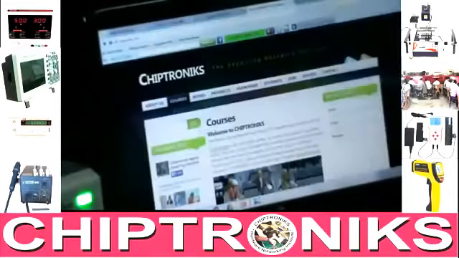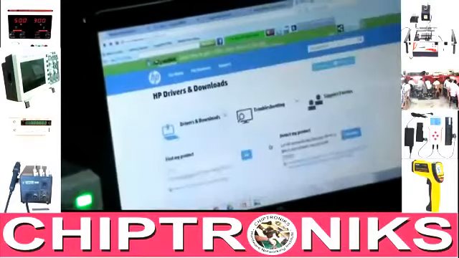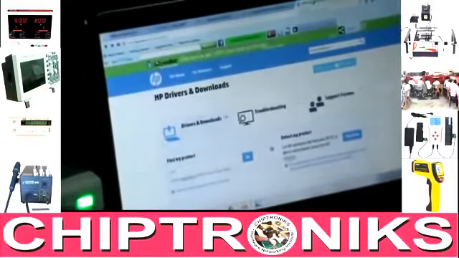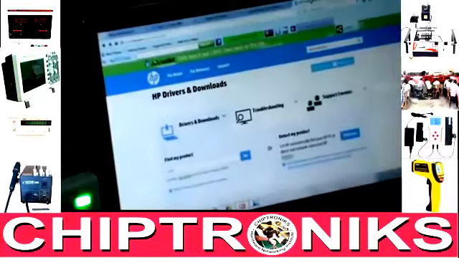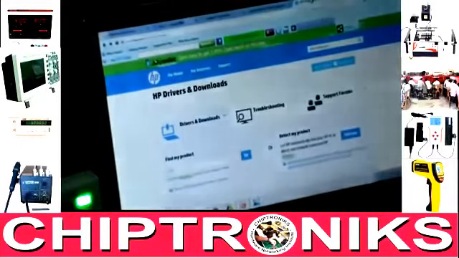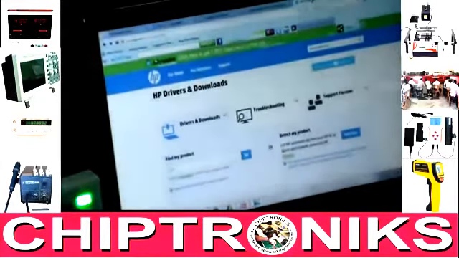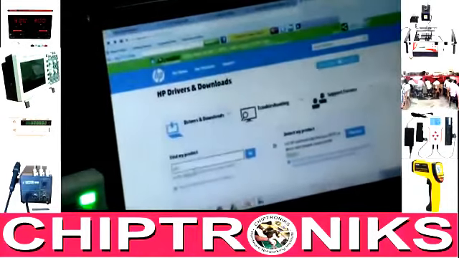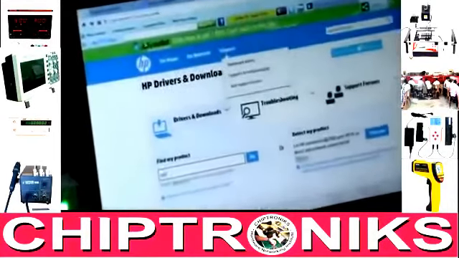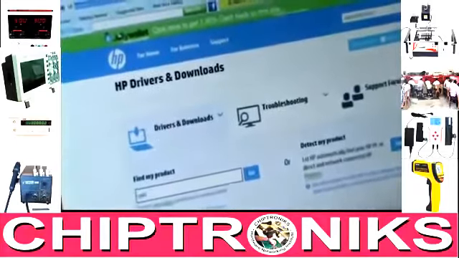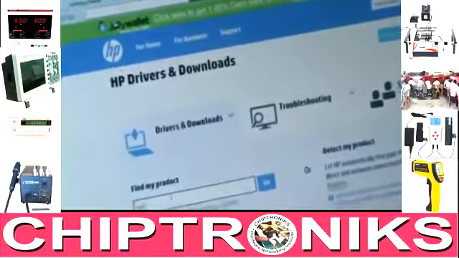Go. This motherboard is a CQ42116TU. Now I'll go to the support site and search for the BIOS update file.